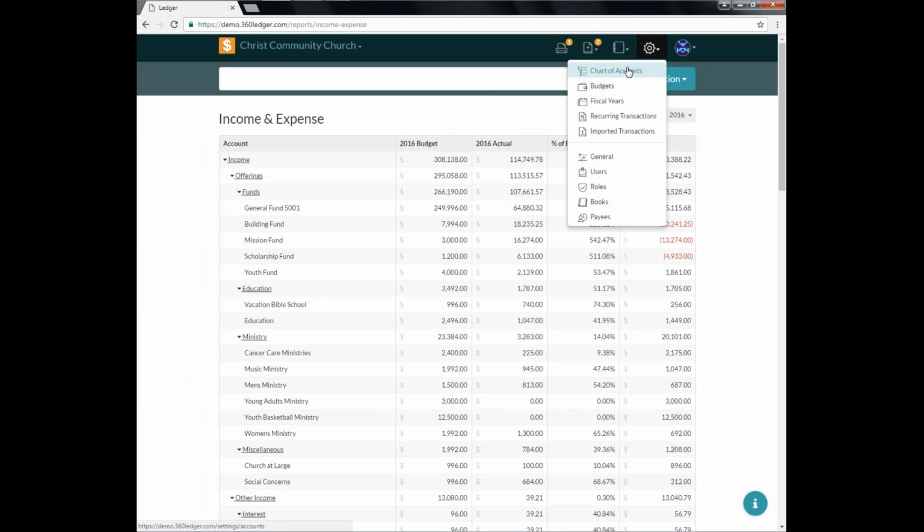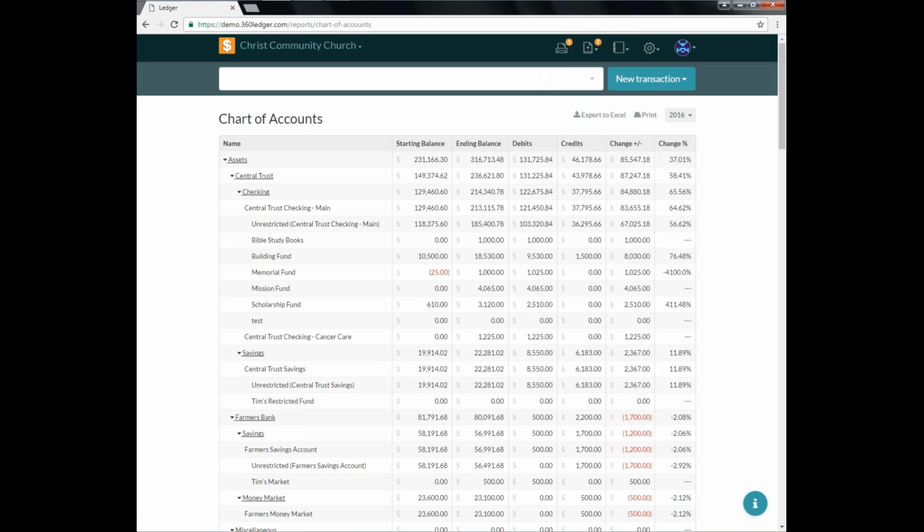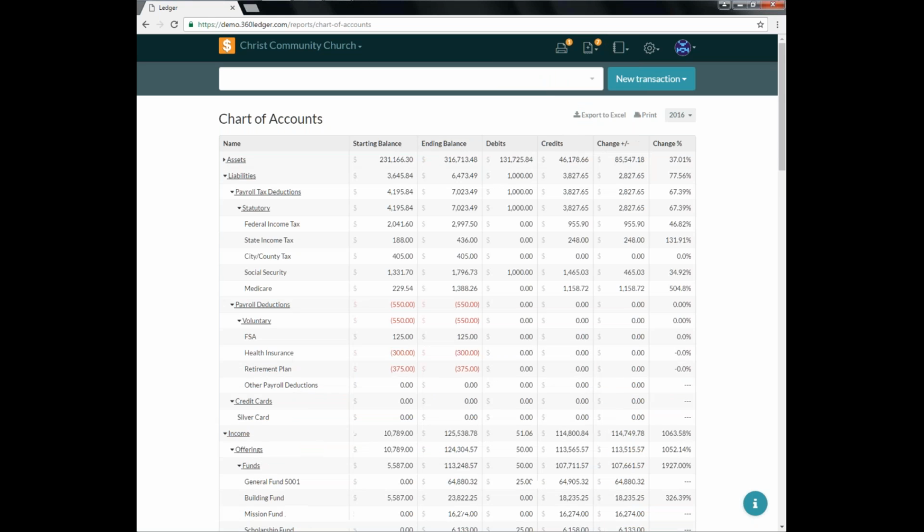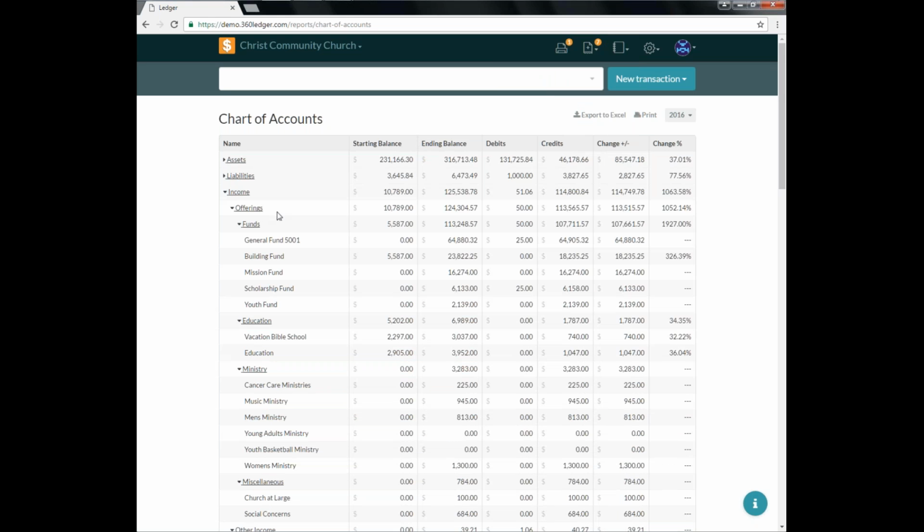The other report we'll look at briefly is our chart of accounts report. Let me collapse so we can see our income and expense report. You can see here, starting balance, ending balance, and then you have your change for the year. So it gives you some more information about your income and expense accounts. So this can be used to see